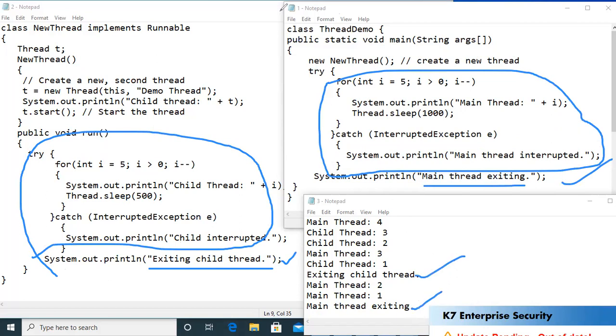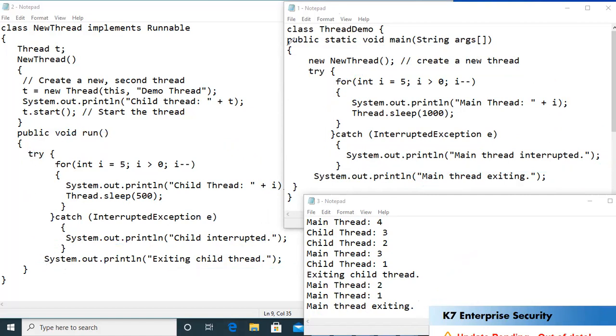That's all it is. Do you have any questions, students, with respect to this? There's only one thing here. Thread.sleep means you're making the thread sleep. Instead of using this input operation, we use this Thread.sleep. When you use Thread.sleep, this thread is not doing any work. If the thread is not doing any work, I'm going to run my second thread, that is my child thread. And you're making my child thread sleep for half a second, 500 milliseconds. That's all it is.